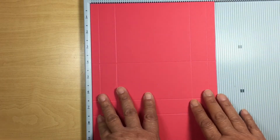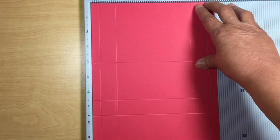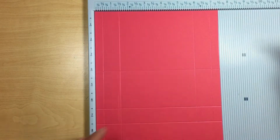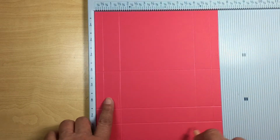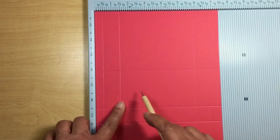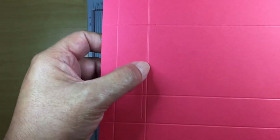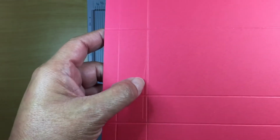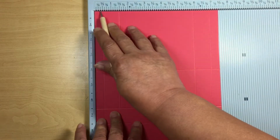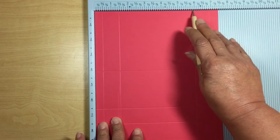On the long side, you place your paper down on your score tool, and on the long side you're going to do 1 inch score all the way down. And if you use the 110-pound cardstock, press kind of hard, because you can see where I guess I wasn't pressing hard enough and I went off the rail. But yeah, so this one you're going to score at 1/2 inch, at 1.5, at 6,